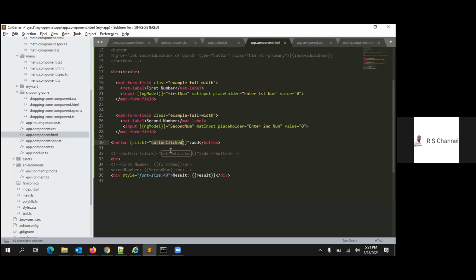Can you display the first number and second number also now? You understand, right? How to display? Yeah, Rajesh. Jana, how about you? Is it working? Yes, I'm just looking at it.